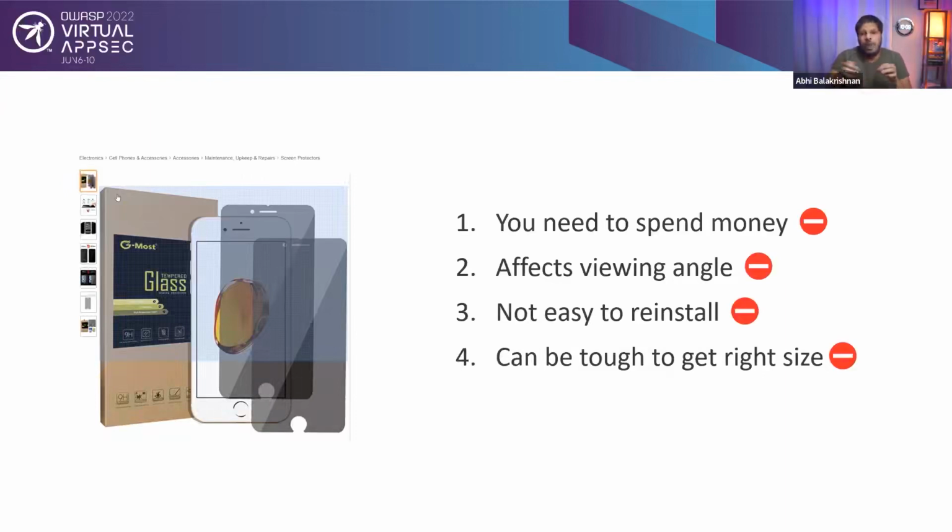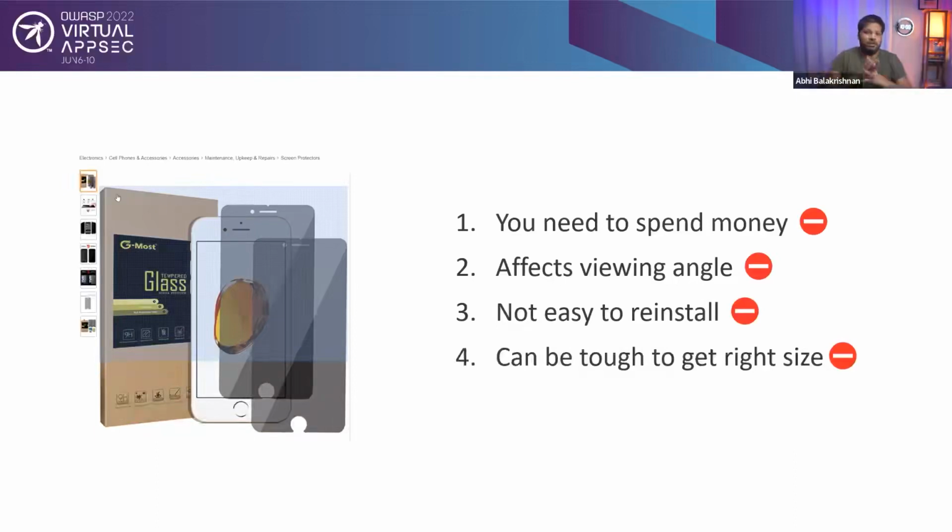Or say when I'm in office, if I have a privacy screen card on my laptop, if one colleague walks over and they want to work with me on some things, if they are sitting on a chair next to me, they won't be able to see what is on the screen. So that has been a problem. Of course, you can peel that off for that time, and that brings us to the third problem, which is